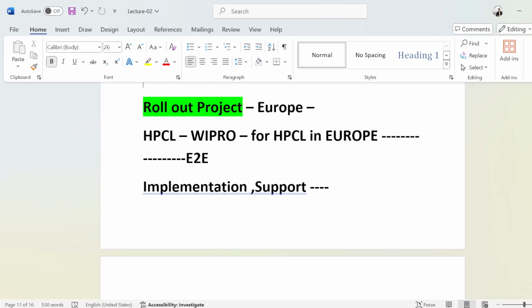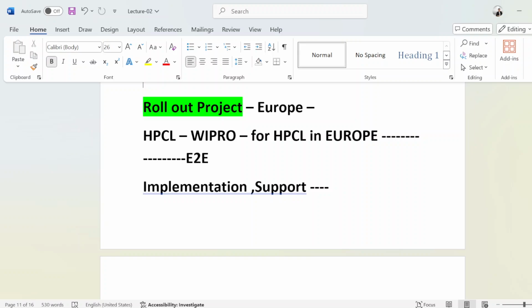Otherwise master data will mostly be the same. So they will use these templates in the France plant. If Balco considers Infosys for the France plant's implementation, then for Infosys that will be a rollout project.